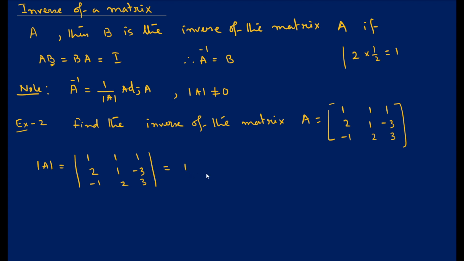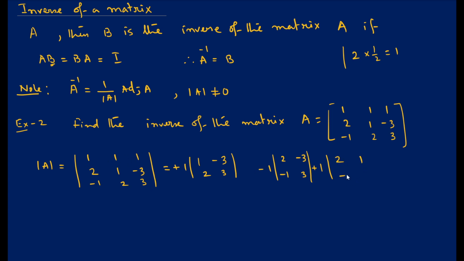So in the first row how many elements do we have? 1 1 and then 1. Then what to write? Plus minus plus, depending on the position of the element. Then 1. So 1 lies in first row and first column, so we have to delete the first row and first column. What do we take? 1 minus 3 2 and then 3. Then the second 1 lies in first row and second column. So if we delete first row and second column we will get these 4 elements, and finally for this 1 we have to delete first row and third column.